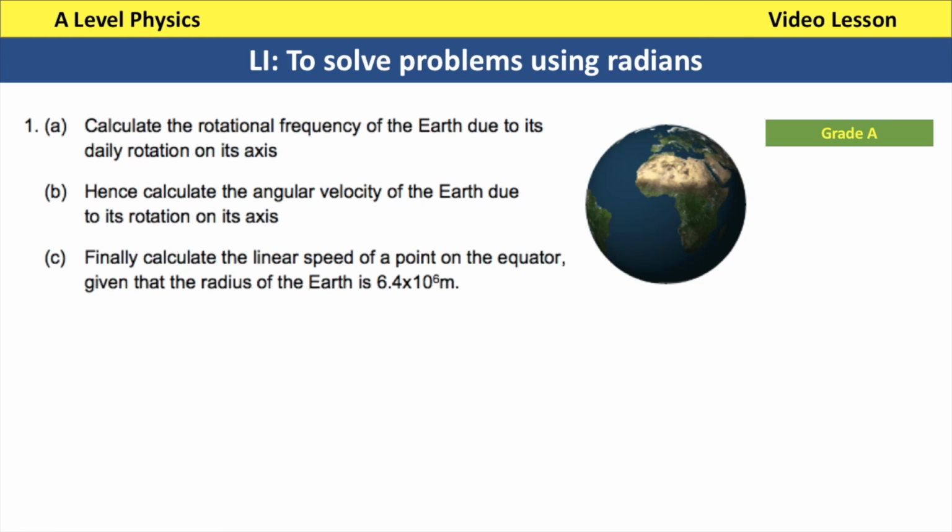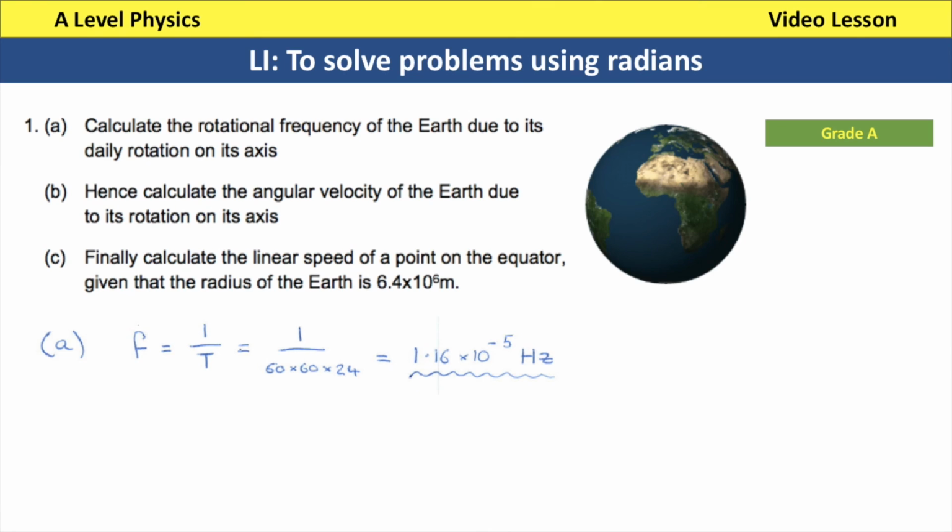Now let's move on to the grade A questions. 1A. Calculate the rotational frequency of the Earth due to its daily rotation on its axis. No numbers were given in the question, but if you think about it, the Earth will rotate once every 24 hours. So we actually do know what the period of rotation is. It's 24 hours, and we can convert that into seconds by doing 60 times 60 times 24. We then do 1 over the period, which gives us the frequency of 1.16 times 10 to the minus 5